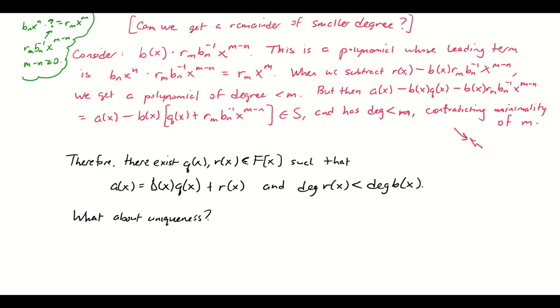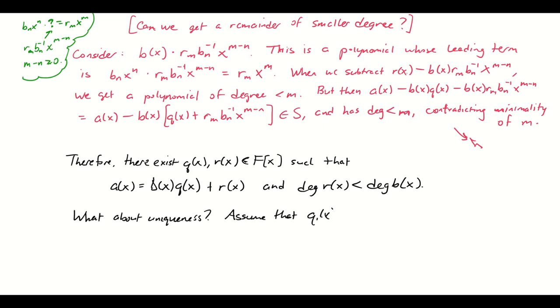Well, the proof of the uniqueness clause, that there's a unique quotient and remainder satisfying these conditions, is actually pleasantly quite a bit more straightforward than what we just did. We're just going to do the standard thing that we do when we try and prove an object is unique. We're going to assume that there are two of them and prove they end up having to be the same. All right, so let's assume